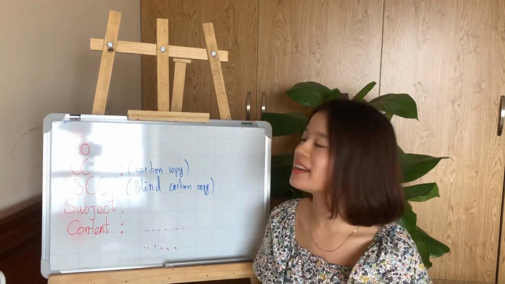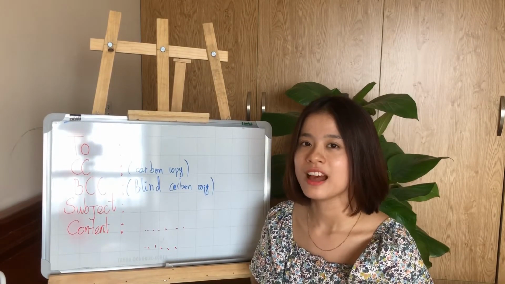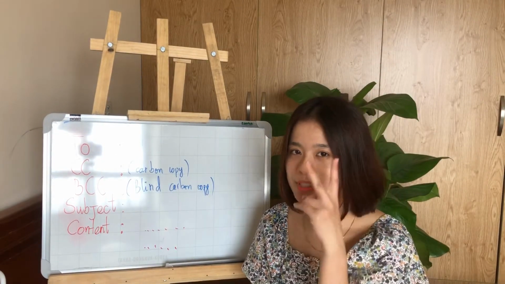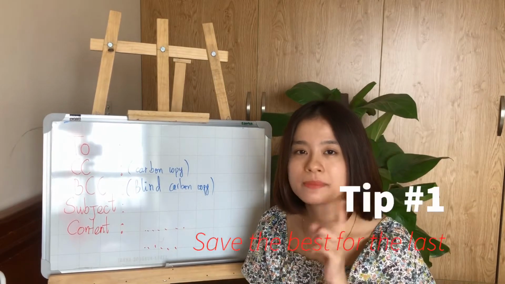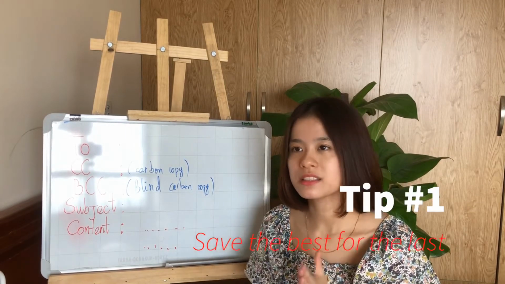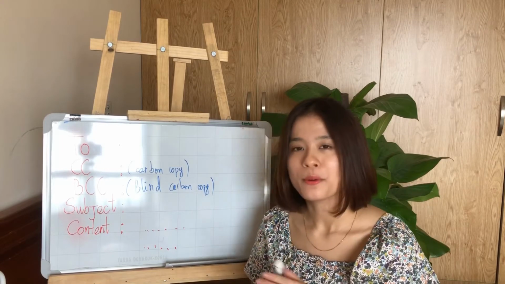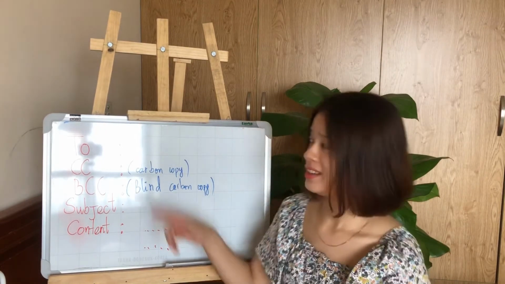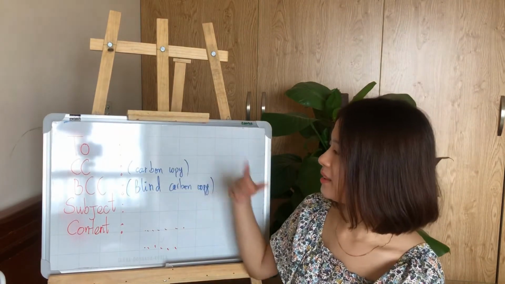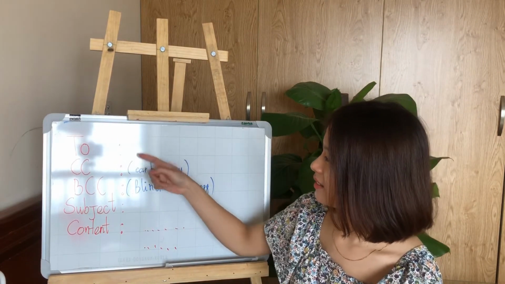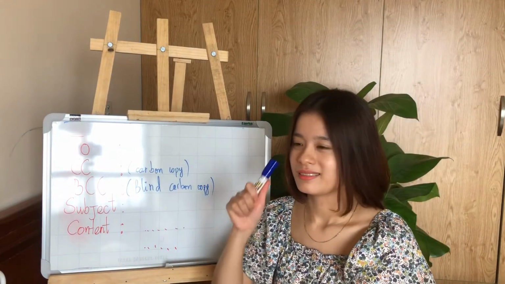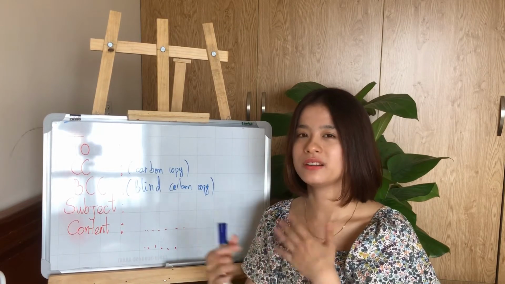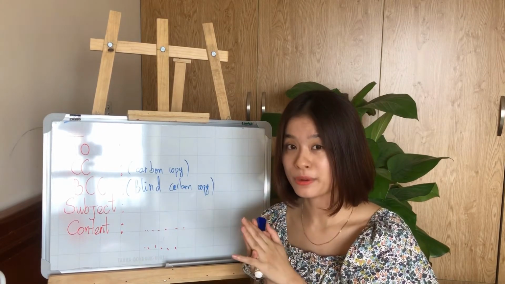Okay, so now we already know the functions of To, CC, BCC, and there are two tips for these areas. Tip number 1, save the best for last. Okay, what does it mean? It means that you only fill the email address into To, CC, BCC when you already have the final version of your email,